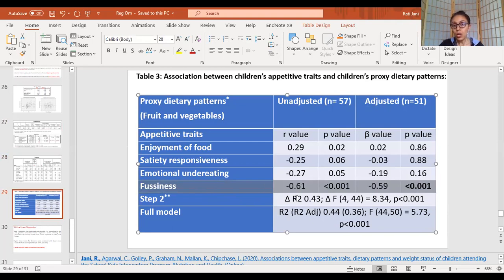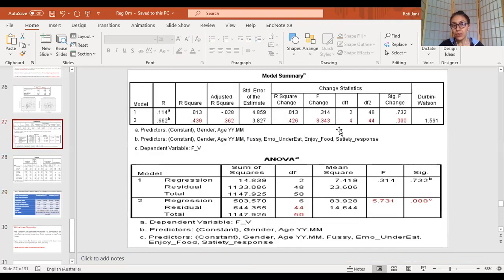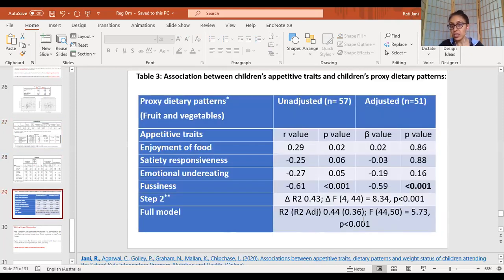Then in step 2, this is what I have already told you. Delta R square is the change in R square, and these are the numbers which you have to take from the table, and these numbers are all highlighted in red color over here for you. You can look at these numbers and see where they have been added in this. So in very brief terms, I told you the main thing, what this number means, what is the essence of it. The change in R square, or your R square adjusted, was 0.36.